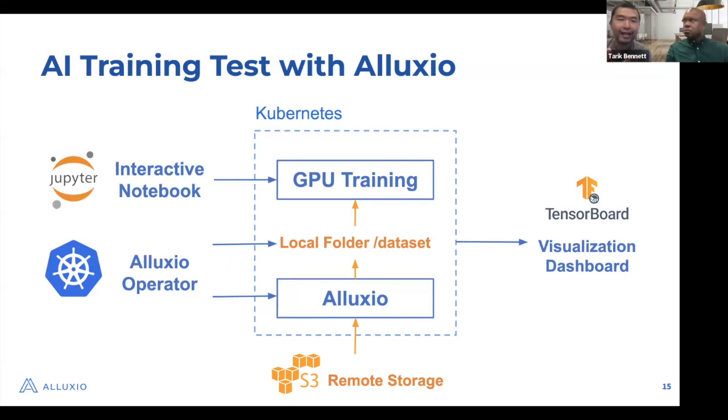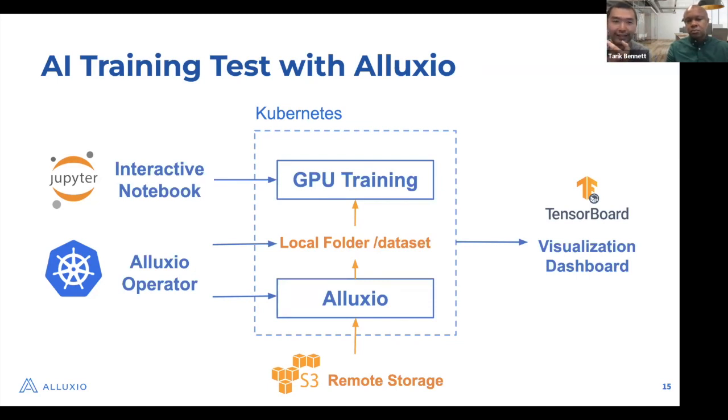So here, we are using the most common tool, which we call the interactive notebook. We are using Jupyter here. So our customer can just use this to trigger some machine learning pipeline, especially for training. The training job container will run on our Kubernetes cluster. You can set this kind of thing up on AWS shortly, I think.